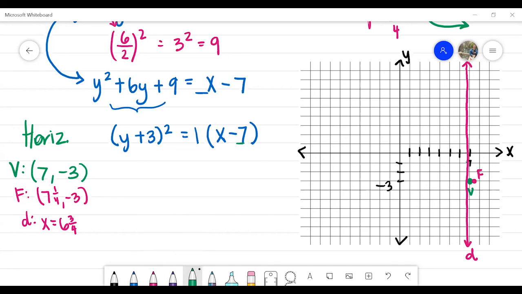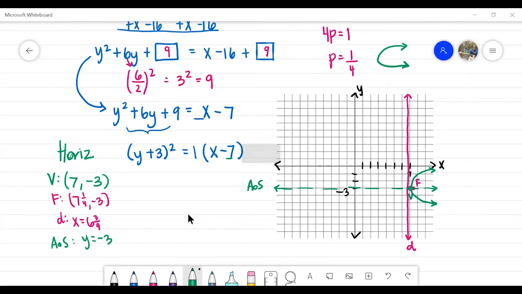And then last but not least, we would have our axis of symmetry. This cuts straight through the vertex and the focus, and it's perpendicular to the directrix. So the axis of symmetry would be, in this case, y is equal to -3. So we can sketch this in. Maybe with a thinner pencil, it might be a little bit more separated, but that will do the trick for us. All right,